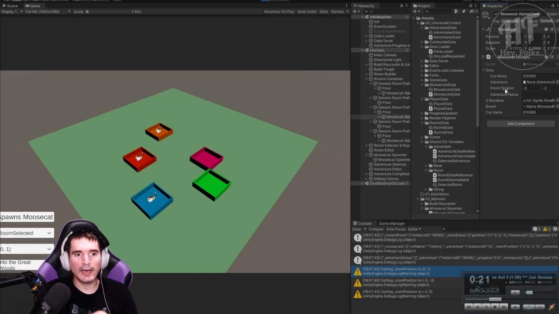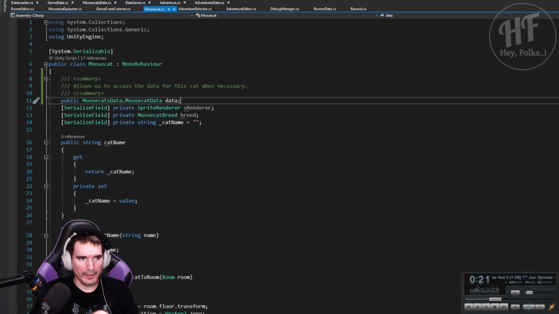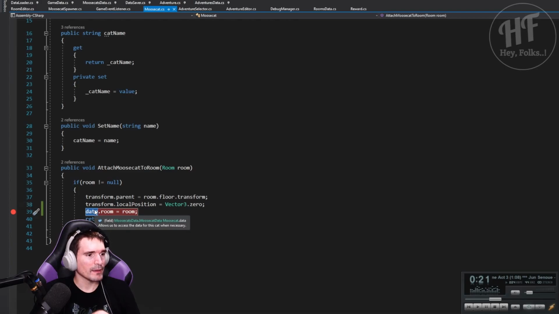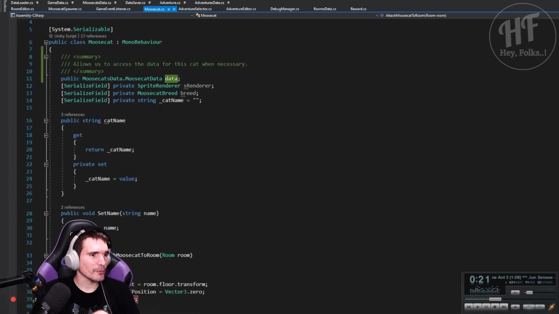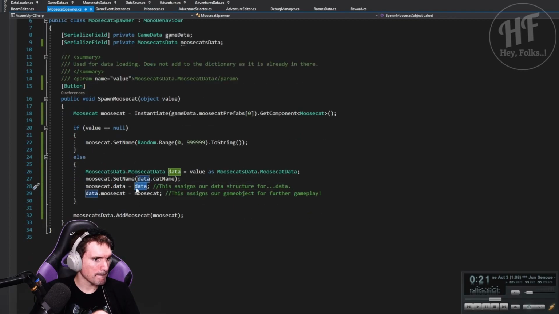And the room position, hey, it's all coming together. This is being passed either as value or something along those lines, rather than being just a pointer to here. Okay then. So let's go look at our spawner. So what we should actually be doing here